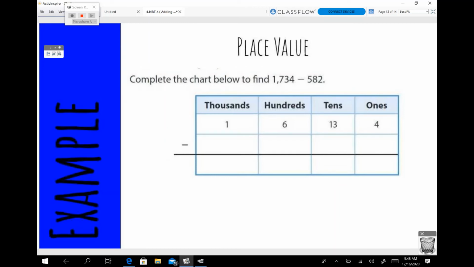All right, so sometimes it's easier for us to set up a place value chart. So they have already put in 1,600, 13 tens, and 4 ones. And the reason they did that is because they already knew that we would not have been able to, once we plug our numbers in,